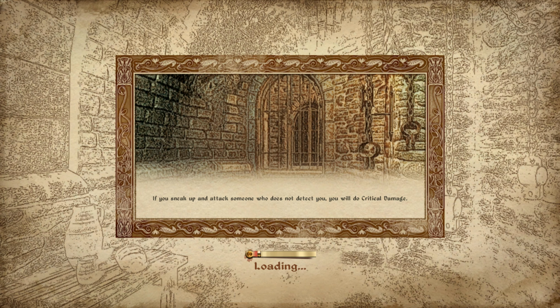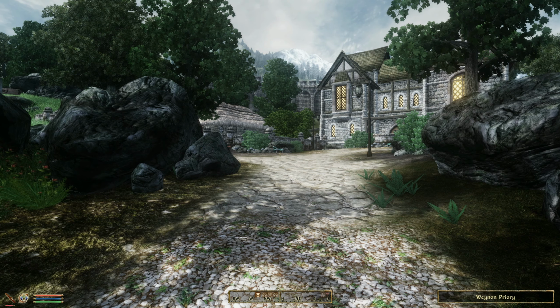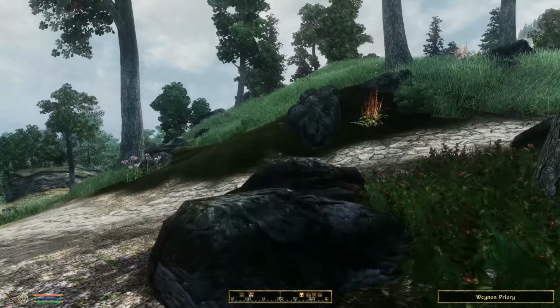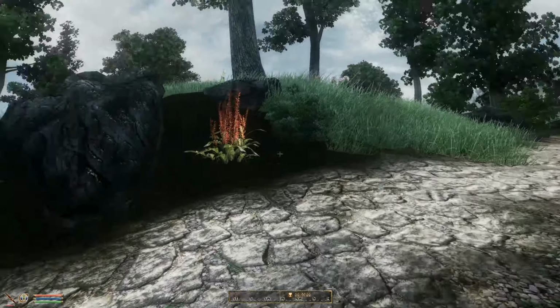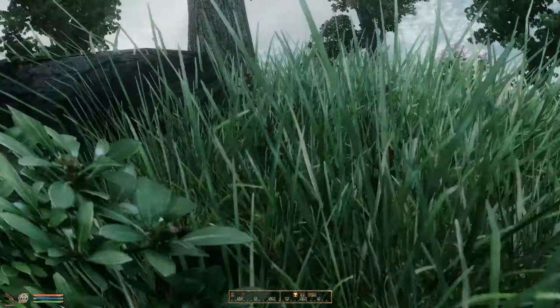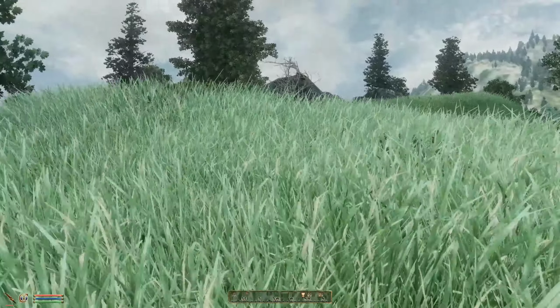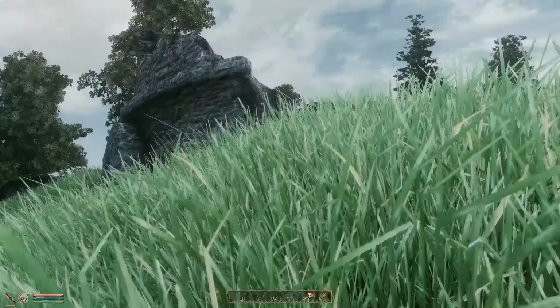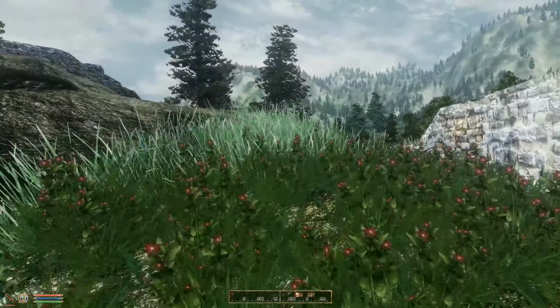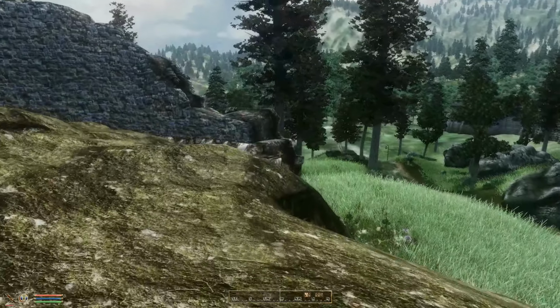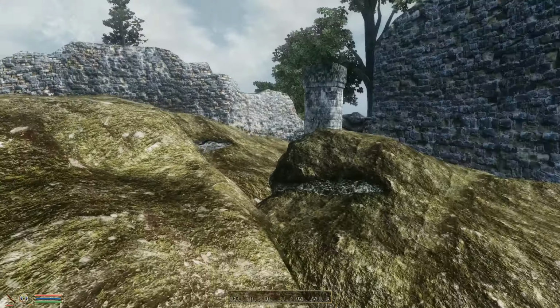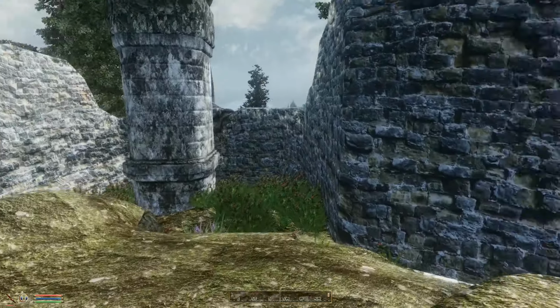I really love that place around Wayne Priory, because there is where the forest scene starts, and this is what I really love about the Elder Scrolls IV Oblivion. The forest scenes, these are really exceptionally amazing. I can still remember the E3 footage from Oblivion in 2004, maybe 2005, I can't really remember, where Todd Howard showed how cool Oblivion looked, and especially the outdoor areas, and it was something really, really next gen, and that's something which I never actually